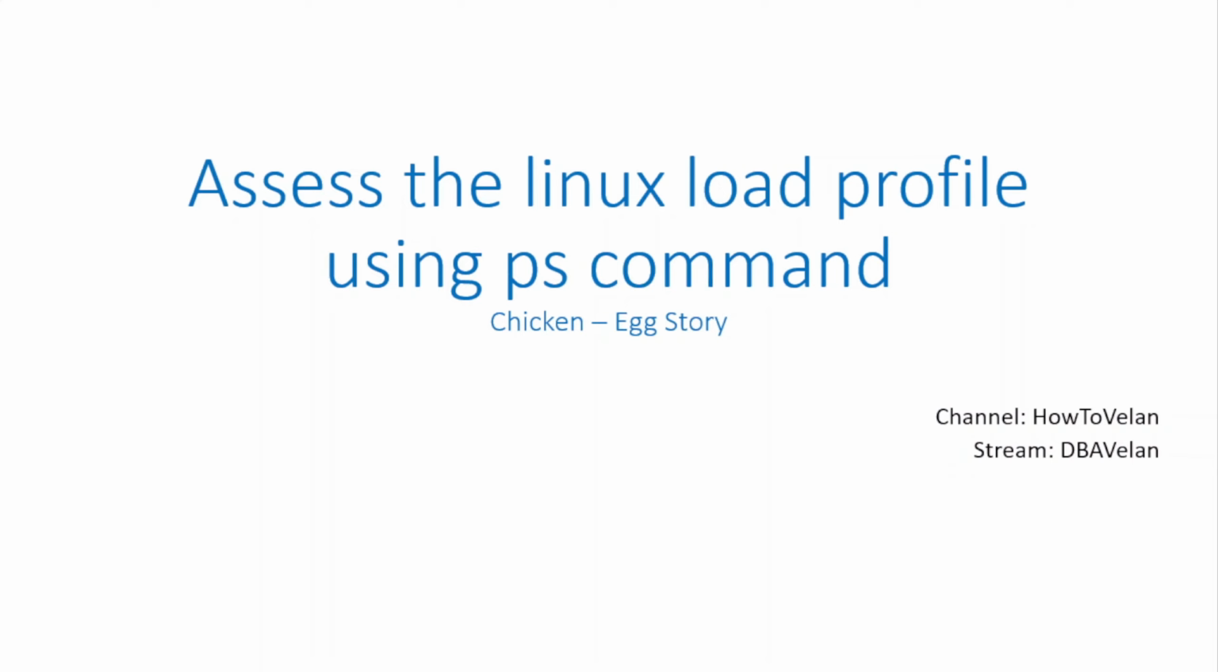Is it DBA VLAN stream or utilities VLAN stream? We can keep it in any way, but the idea behind